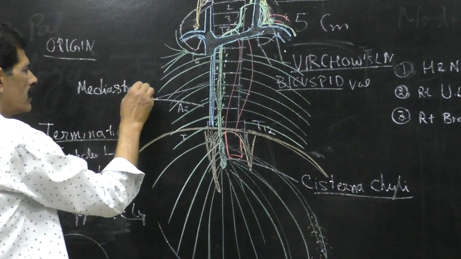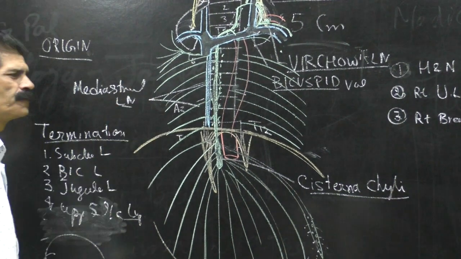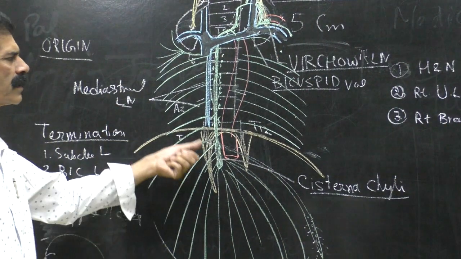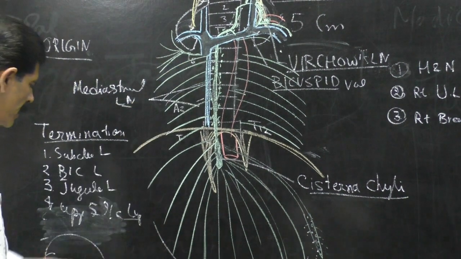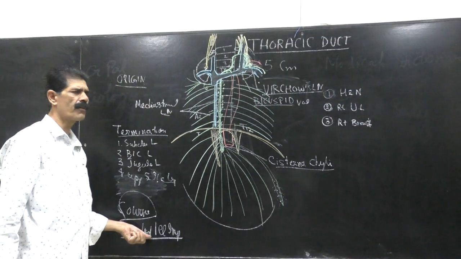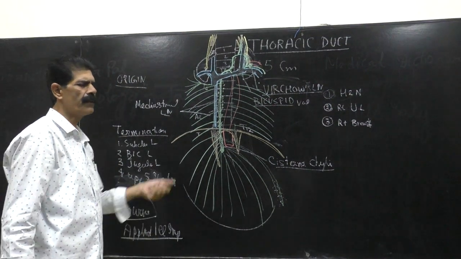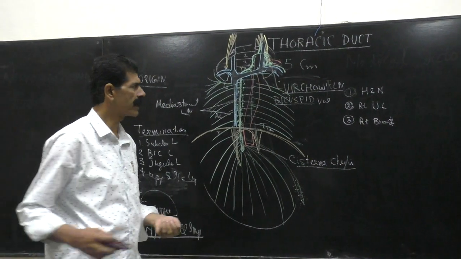Mediastinal lymph nodes, they are called. So that is the course, the starting and the termination. Now the last comes the clinical importance. The clinical importance of the thoracic duct is,